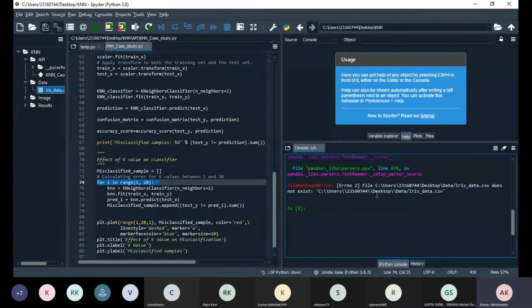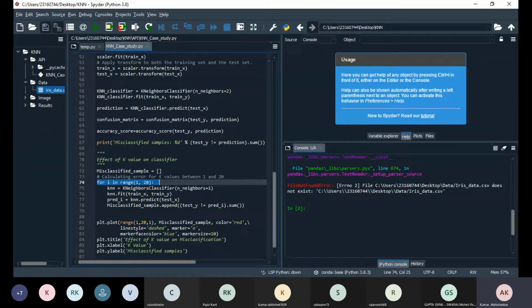See this, desktop KNN, it has to come. Your path is not correct, so just check. That is easy actually, you can figure it out.